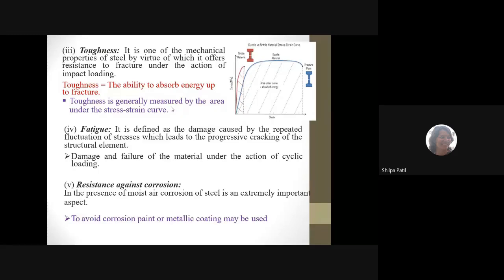Development of fatigue in a steel is a very harmful condition. We should consider this property of the material also in the design, especially in a zone or region where there is a large variation in the temperature. Like in the morning period the temperature is very cold and in the afternoon the temperature is very high. Rajasthan is the area in India where you can find such a temperature variation. Again, in the evening or during the night, the temperature goes down.